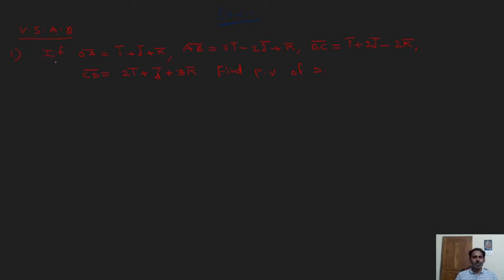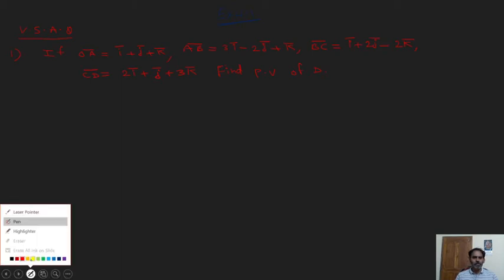See, first problem, very short answer question. If OA bar equals I bar plus J bar plus K bar, AB bar equals 3I bar minus 2J bar plus K bar, BC bar equals I bar plus 2J bar minus 2K bar, and CD bar given, find the position vector of D. OA bar, AB bar, BC bar, CD bar, all the vectors are given. Here, by addition of vectors,